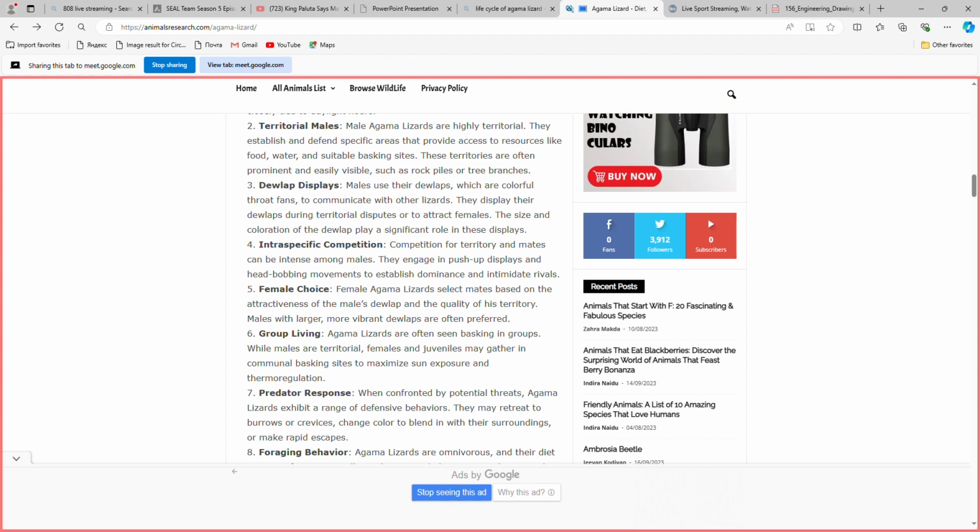Then we have group living. Agama lizards are often basking in groups. While males are territorial, females and juveniles may gather in communal basking sites to maximize sun exposure and thermal regulation. So you always see lizards in groups. The reason is that for the males, they are always looking out for where they can fetch food from, get water from, escaping routes. You understand? And at the same time they come in groups to bask in the sun to regulate their